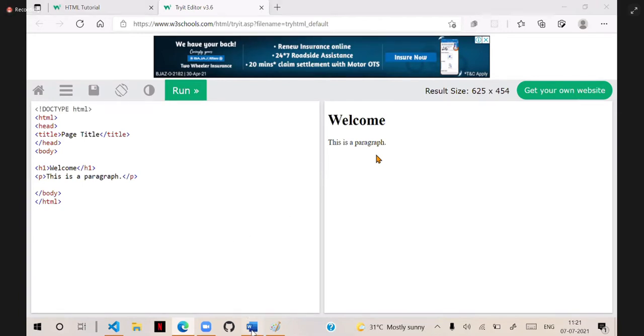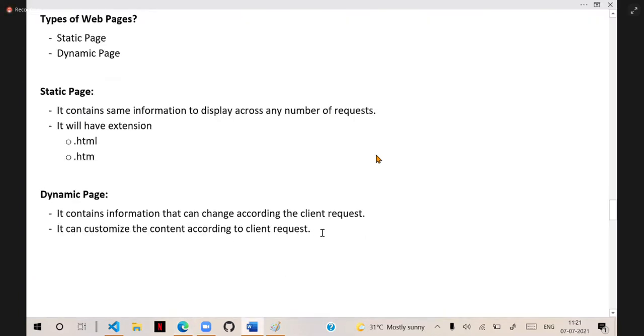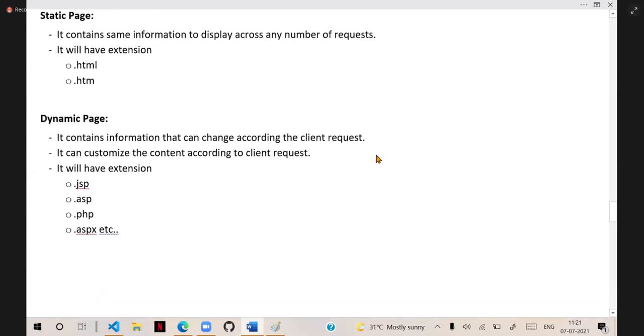Usually dynamic pages will have extensions like .jsp, .asp, .php, .aspx. Dynamic pages will have extensions depending on the technology that is being used.